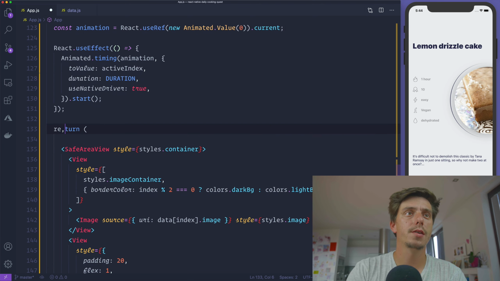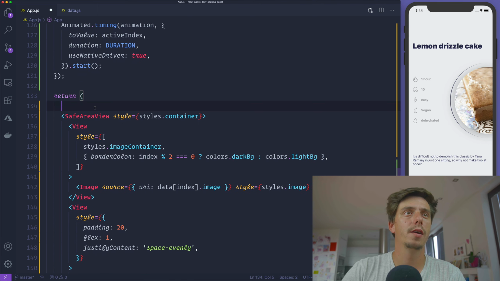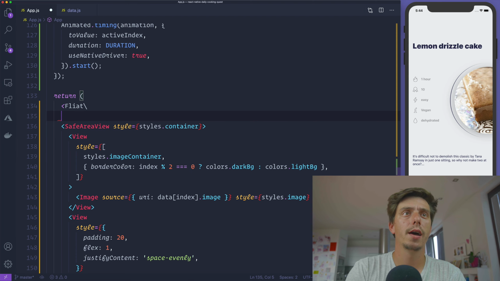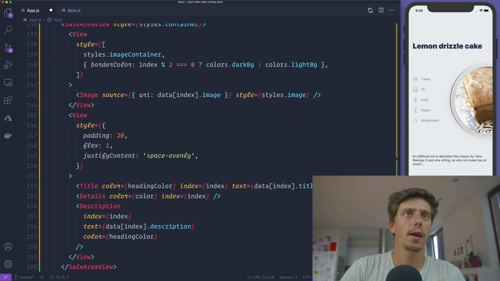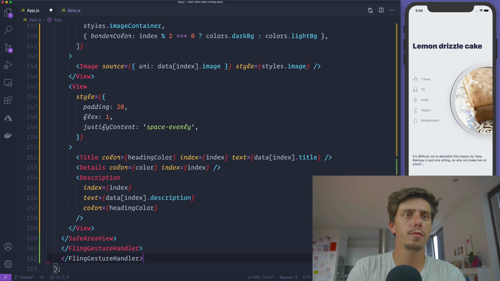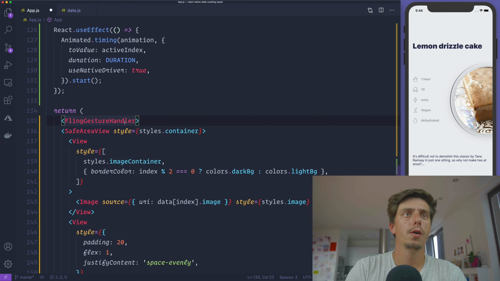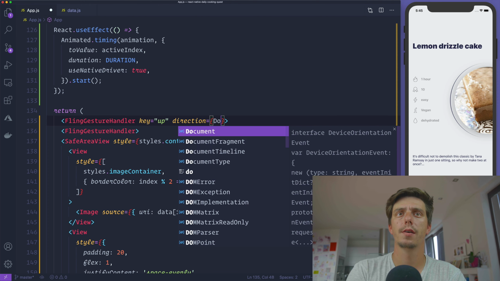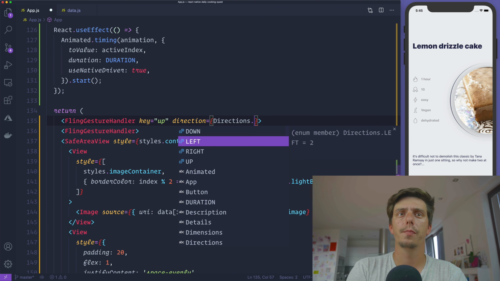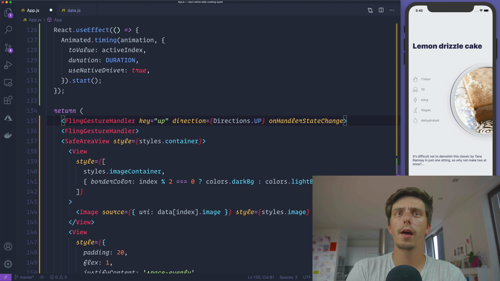So let's start by wrapping this safe area view into a fling gesture handler, and we will need two of them, so two different gesture handlers. So one is gonna be the up, and we'll pass a direction of directions up, and on handler state change